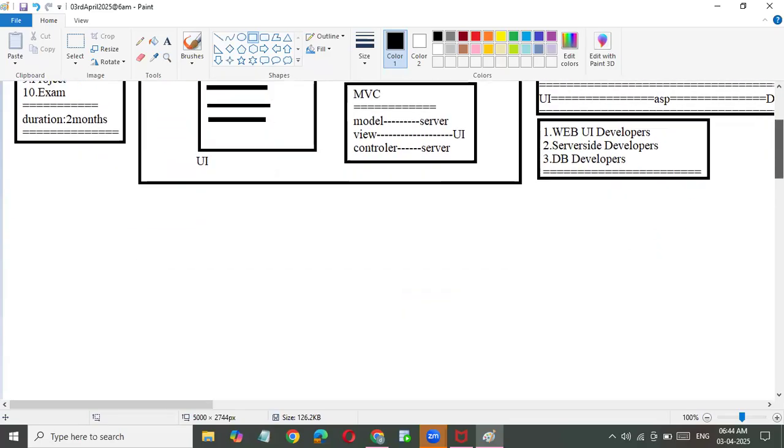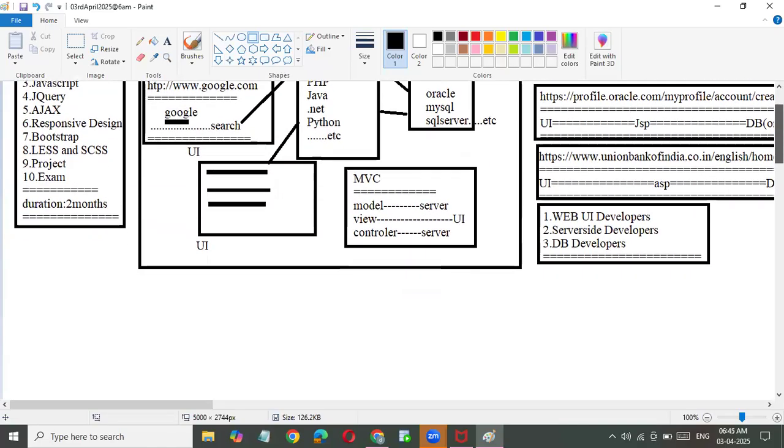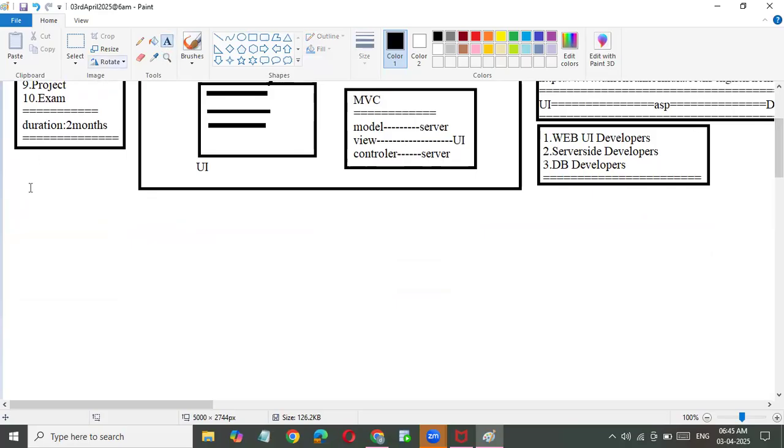Here, next one, jQuery. jQuery is a good external